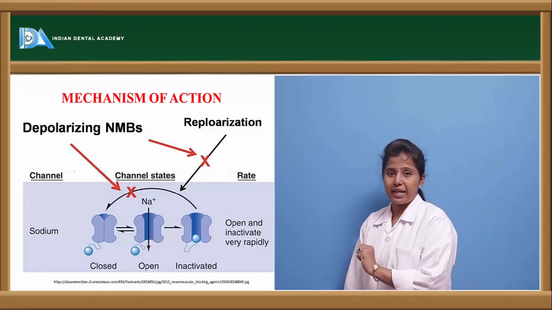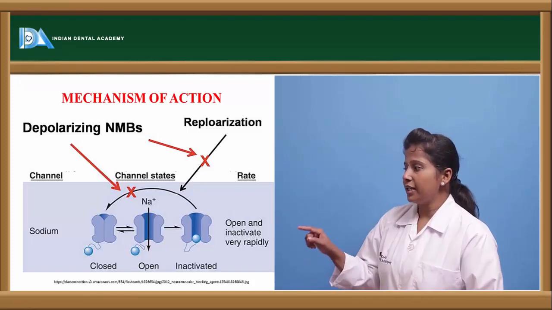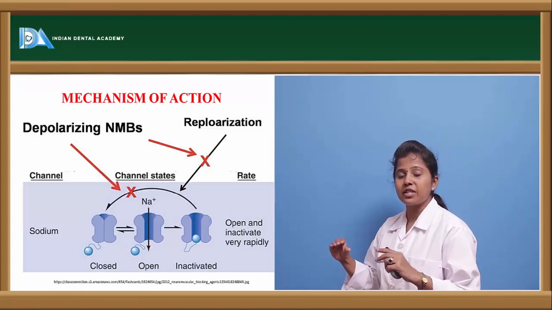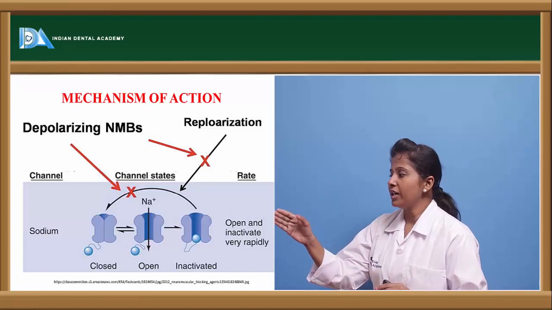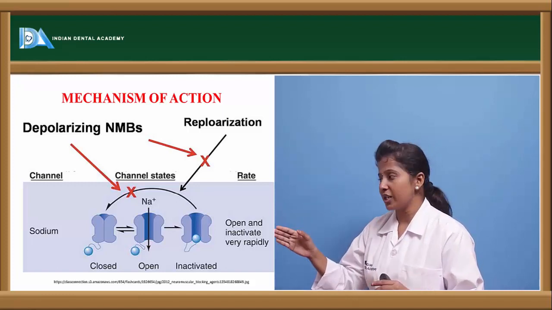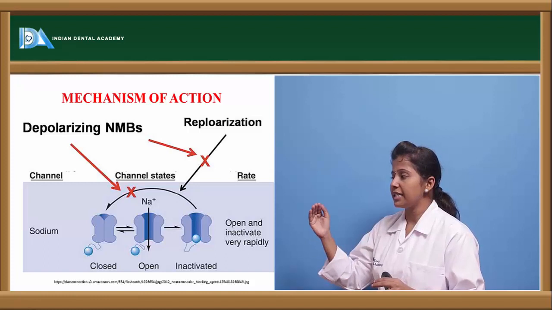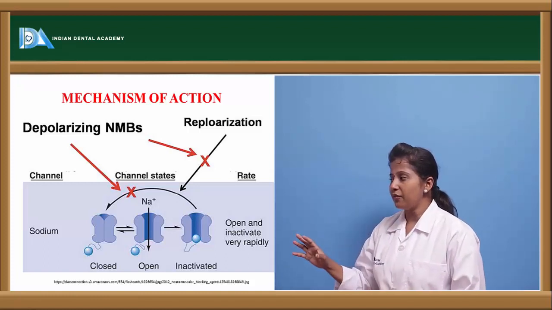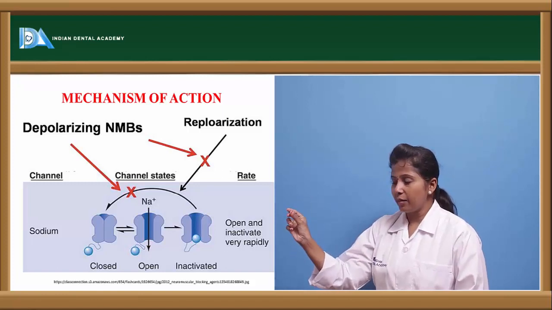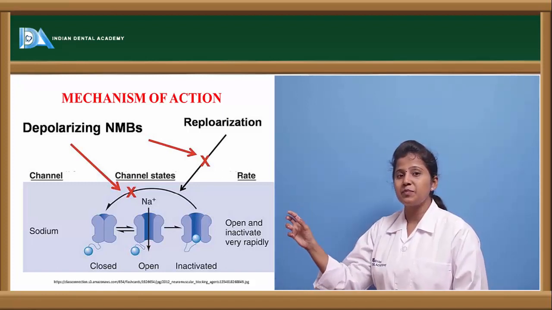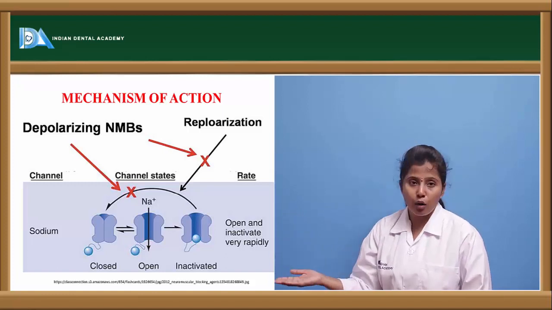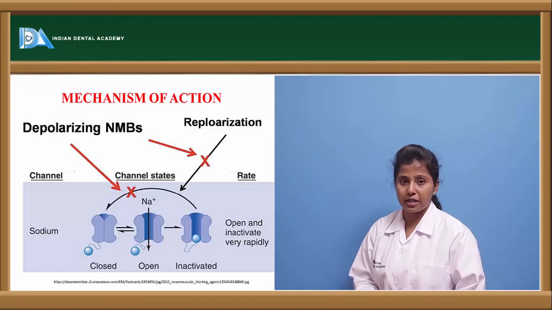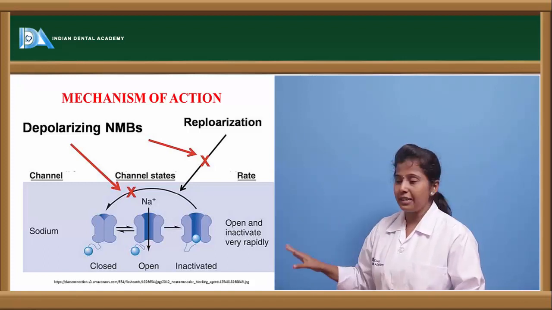So here we can see the mechanism of action. The nicotinic receptors at the neuromuscular junction are ion channel based. Any ion channel receptor undergoes three stages: inactive form, active form and closed form. If it is in inactive form, then the clamp which is present in the ion channel is closed. When it is closed, it won't allow the entry of calcium ions to pass through it. So that is the reason it stays in inactive form.